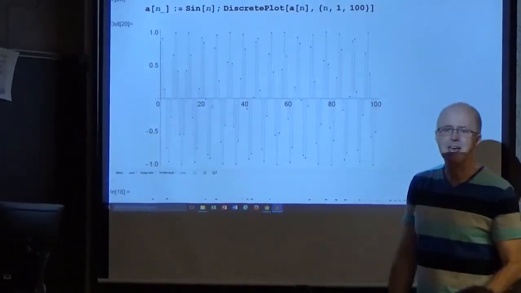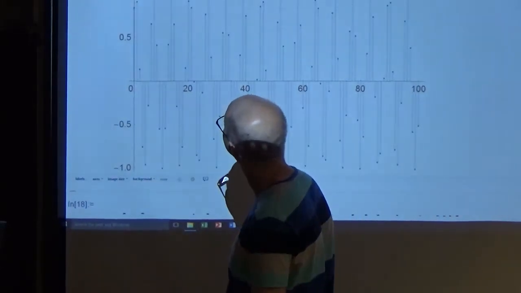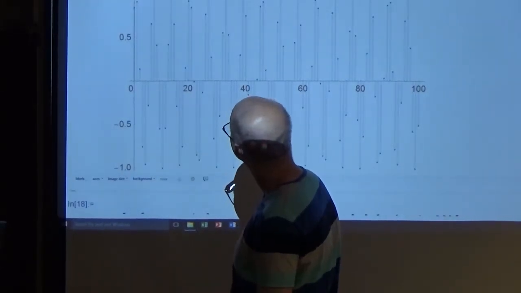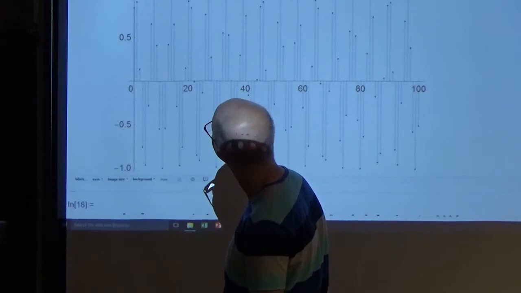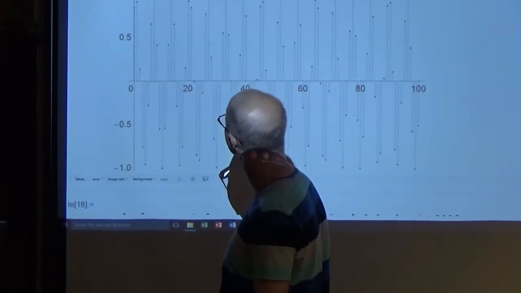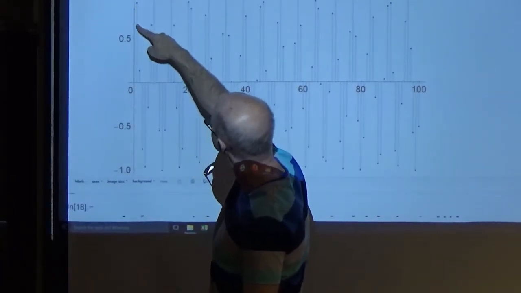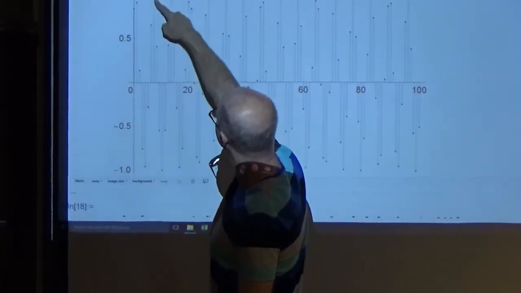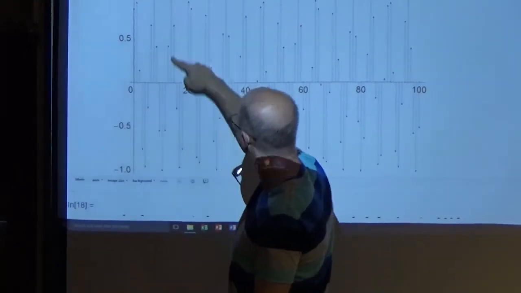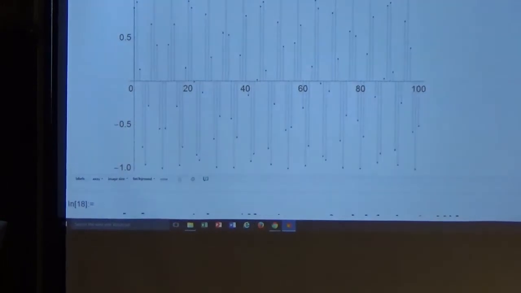Is the graph of sine of x in here anywhere? Well, we're starting with sine of 1 when n is 1. So I guess that's sine of 1. The graph of sine of x is kind of going up like this and down like that, then up. But we're only plugging in integer values of n, positive integer values.